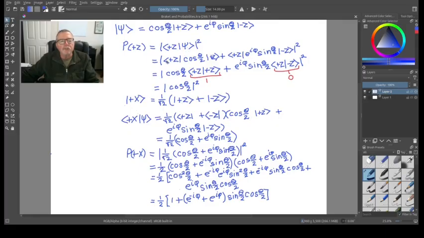So, here's the Bra vector. Here's the state, cosine theta over 2, just like up here. And the plus z, see there's the Ket part of the state. Then we have the Bra vector over here, and the e to the I phi sine theta over 2, and this